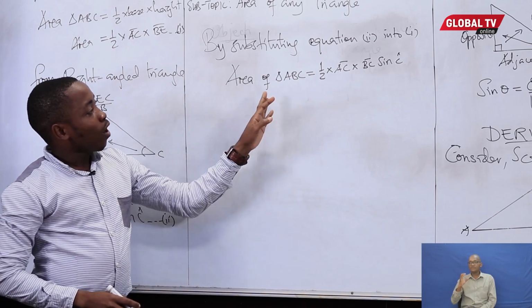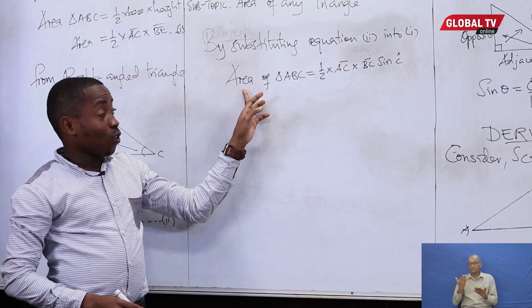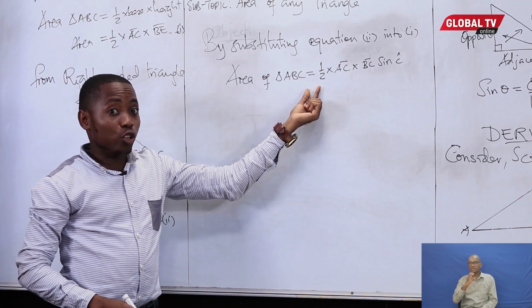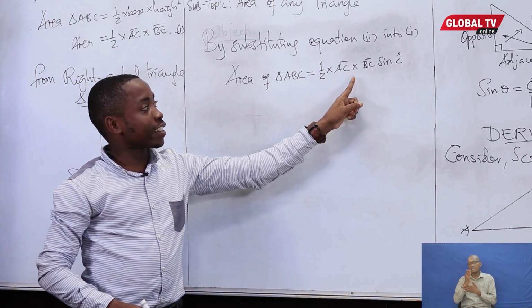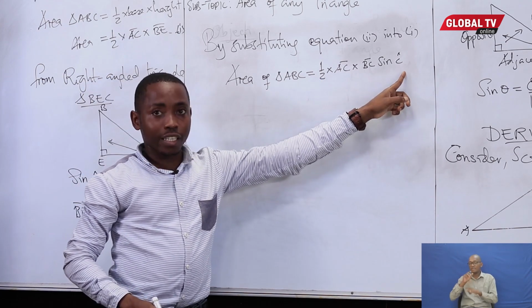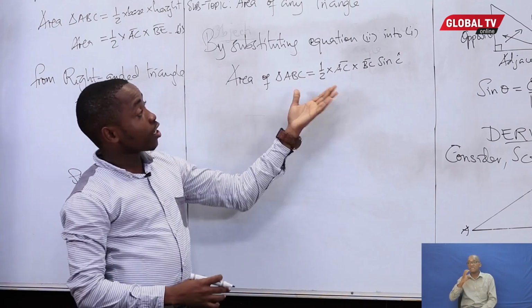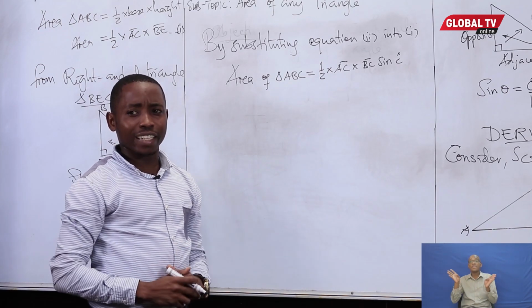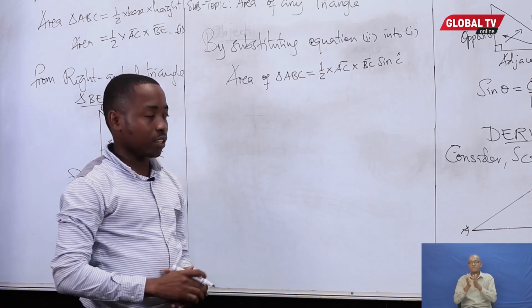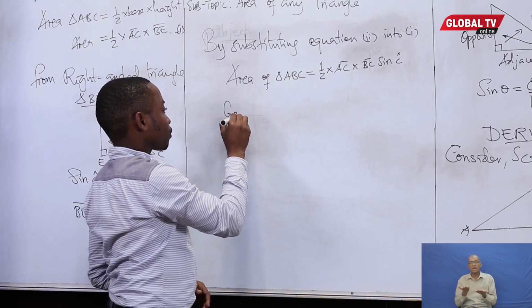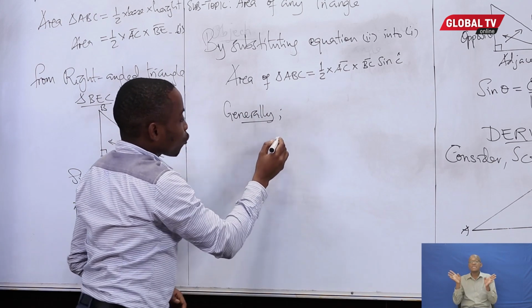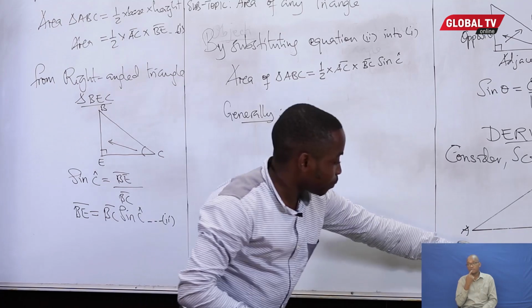So now our triangle ABC, its area is obtained by taking a half times AC times BC sine what? C. This is our general formula, but we have to generalize so as we can understand it very clearly. How can we explain it? Generally, we say this. Generally, if you have your scalene triangle,